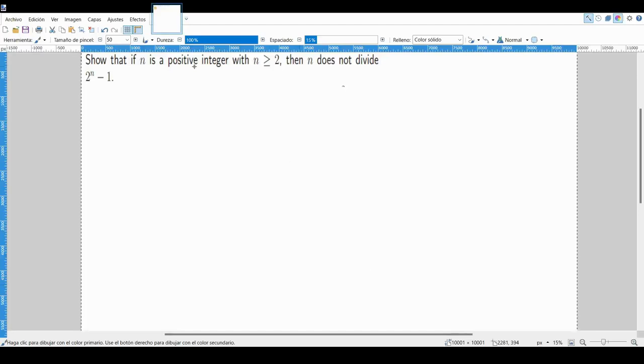So here we are assuming that if n is a positive integer greater than or equal to 2, then it doesn't divide 2 to the power of n minus 1. To solve this, we are going to consider a proof by contradiction. So to do this, we assume n is greater than or equal to 2, but n does divide 2^n minus